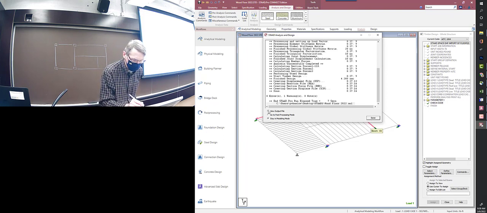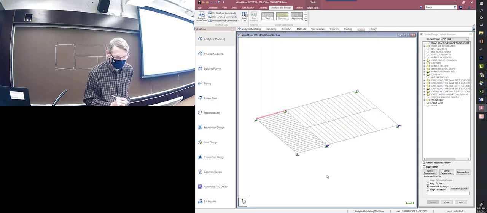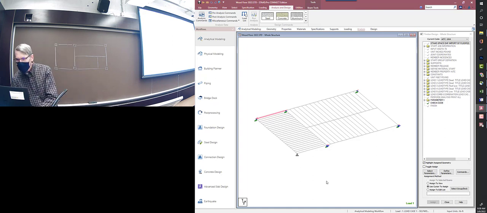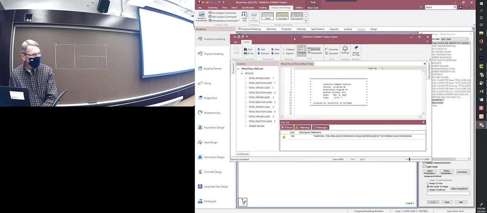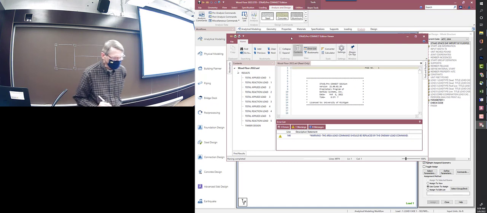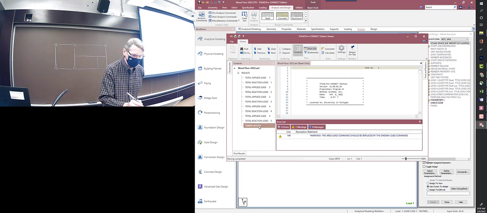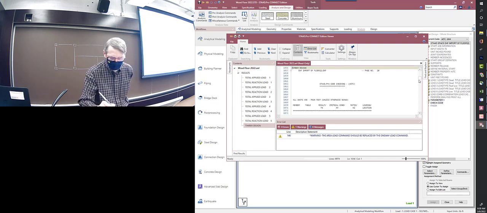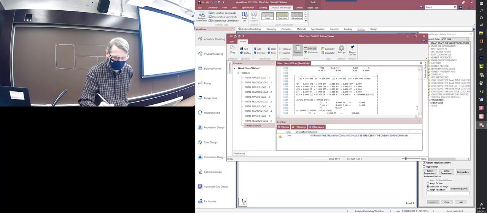You can view the output at that point. That's not a bad idea, except of course it'll come up on the other monitor, so let me see if I can try and drag it over. Okay, so here's my output. This is kind of like a table of contents here. You can jump immediately to the timber design section. Did it get there? No. Guess you have to do it twice. Okay, and then this would take you through